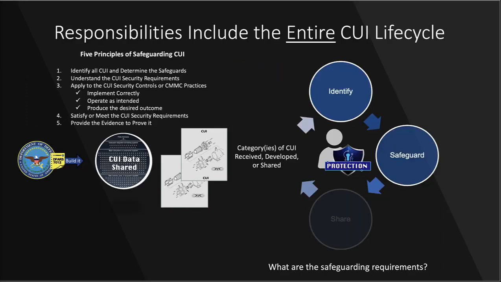Now we're going to apply the 5 principles of safeguarding CUI to our responsibilities in the other aspects of the CUI lifecycle. Because once we've identified CUI and we've identified the requirements to safeguard that CUI and we've implemented the controls within our environment, now we're in the position that we, according to the requirements, can share CUI internally to our organization